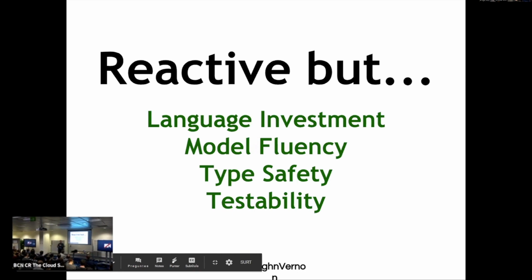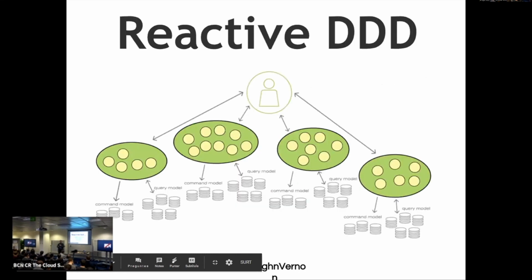So what if we could maintain our investment in the language, the hard-won skills that we have had over the decades with Java, C#, languages like that, and still be reactive, but also have fluent domain models and type safety. Wouldn't that be nice to have reactive development that is type safe, and it's actually testable. You can actually test and assert that your software works correctly.